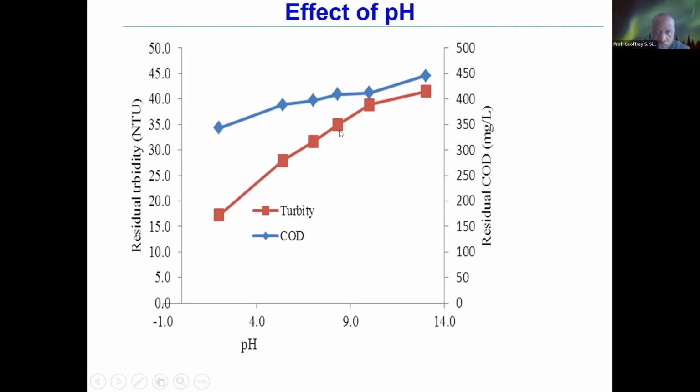the turbidity removal reduces as the pH increases, which is obvious from the scientific point of view. The reason why the turbidity removal is high at lower pH is that at lower pH you have hydrogen ions that attach to the carbon nanomaterials, and because they are positively charged, it's easier for them to neutralize the negatively charged materials in the brewery wastewater. And that is the explanation that